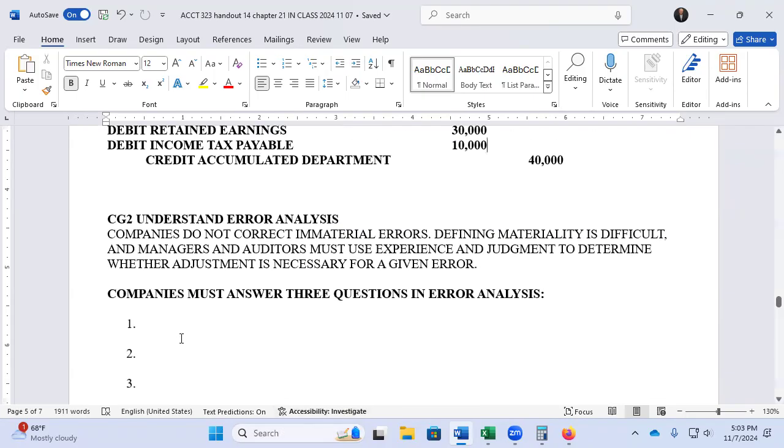Okay. All right. Understanding error analysis. So companies do not correct immaterial errors. Defining materiality is, of course, difficult, and managers and auditors must use experience and judgment to determine whether it's necessary for a given answer. So they've got to answer these 3 questions,